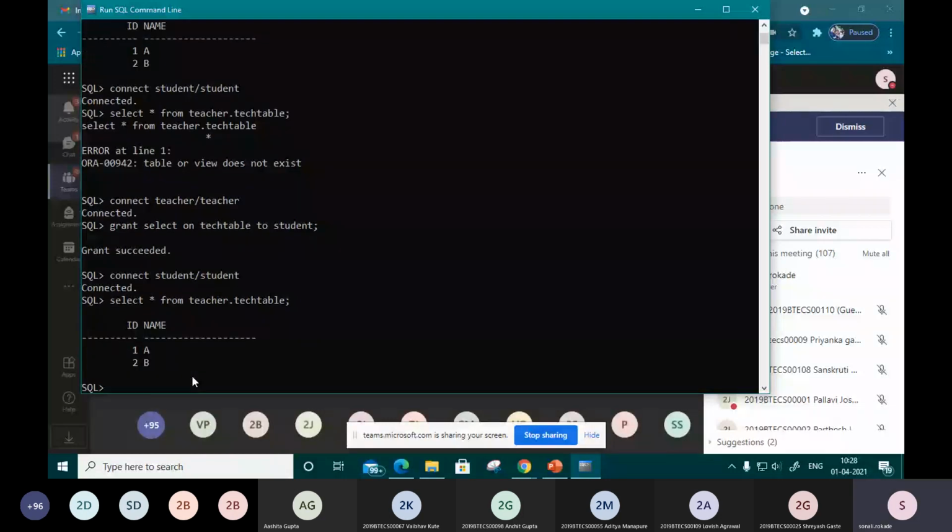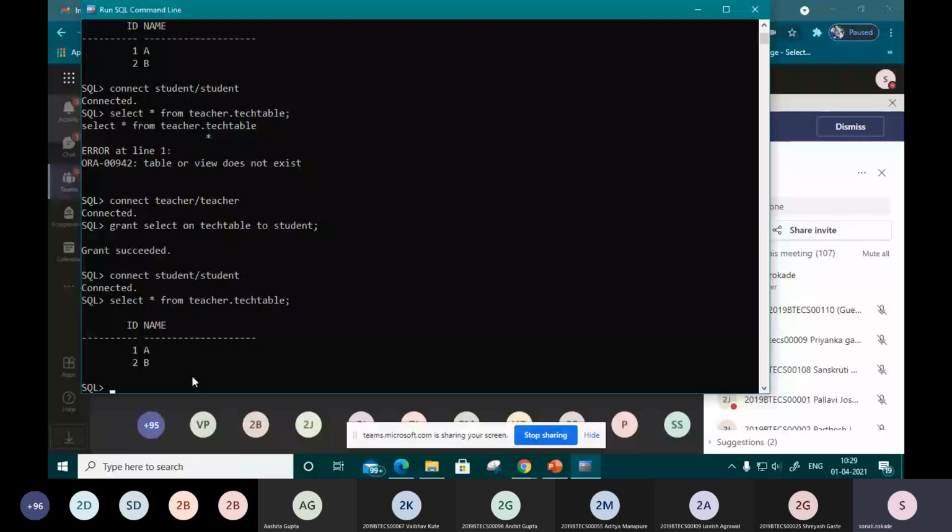Yes, we can access that table. So our grant has succeeded. In this way we have seen how to pass permission to any other user, and how to create a user and a role combined to pass that role to multiple users.